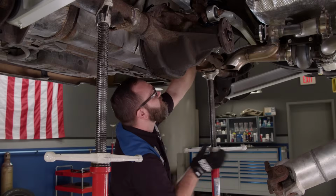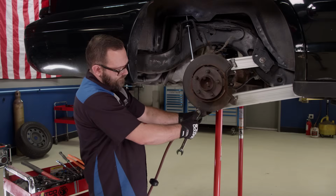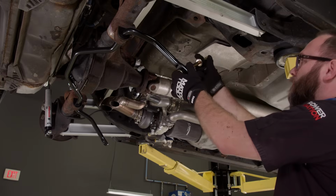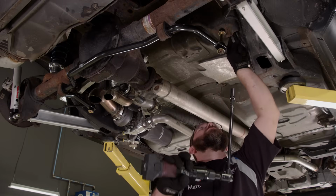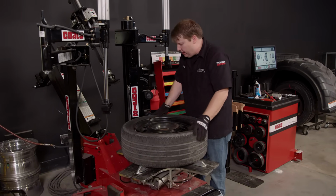Then the rear springs can go in, followed by the drive shaft, the shocks, and the new rear sway bar. All right, get some brakes on. This rear end's done. While Marc's in there finishing up the suspension under our Crown Vic, I'm gonna go ahead